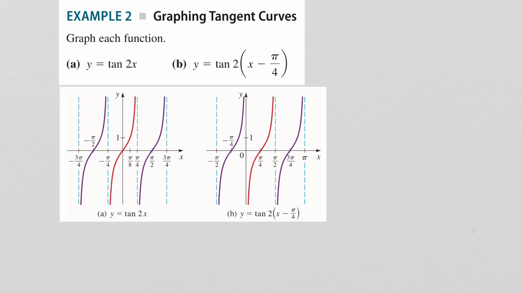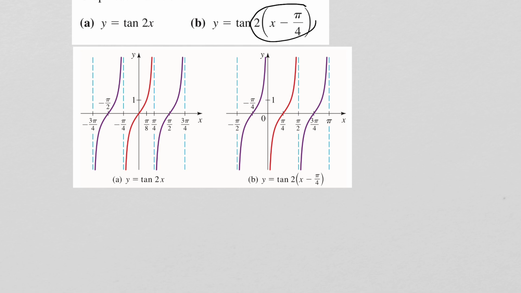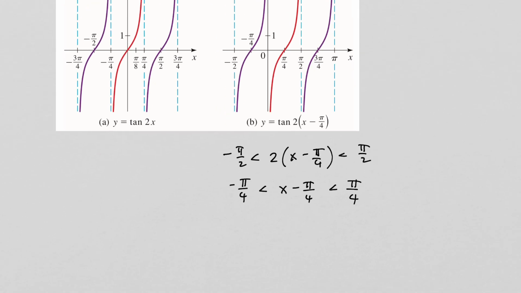So again, what I like to do here to get the graph is just take whatever you're taking the tangent of. So in this case, it's 2 times x minus pi over 4. And we're going to say that has to be between pi over 2 and negative pi over 2, because those are the normal asymptotes for tangent. Dividing both sides by 2 is going to give us negative pi over 4 less than x minus pi over 4 less than pi over 4. And then adding pi over 4 to everything